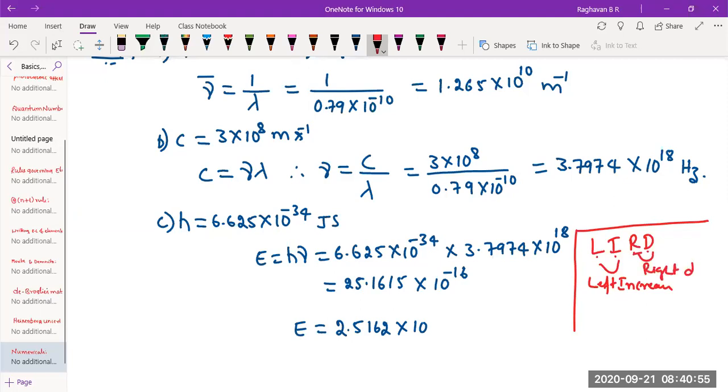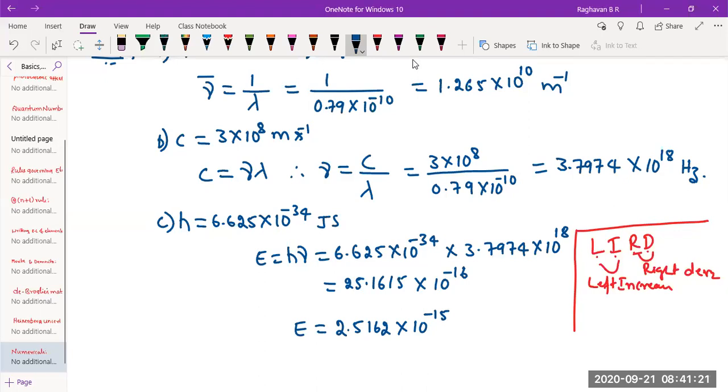We'll come back to this now. Are we shifting the decimal to the left hand side or right hand side? Left hand side. Left hand side means you need to increase the power. This is a negative power; if it becomes minus 17, it becomes much less. So it has to be minus 15. You have to increase by 1. So it becomes minus 16, increases to minus 15.